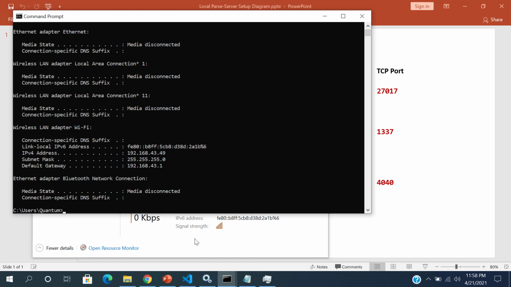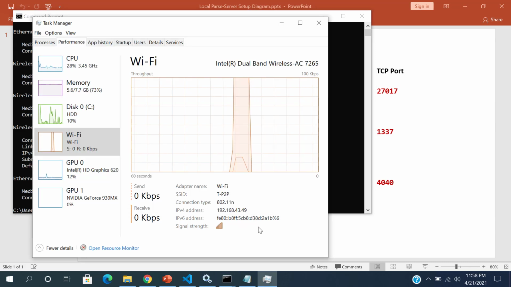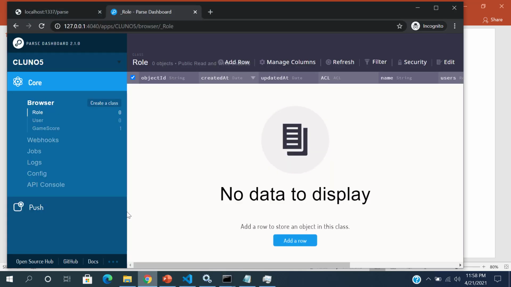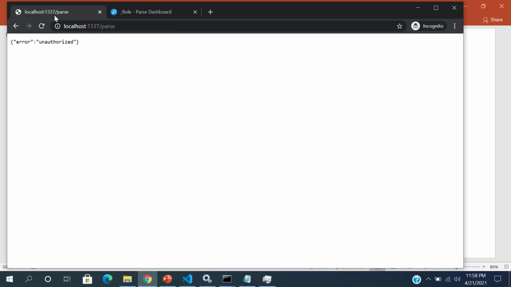So in this case, right now, sorry, it would be three in total, including the loopback address. Right now, it only has two IP addresses: the loopback address, which is always there because it loops back to the device, and this Wi-Fi assigned IP address that allows it to connect to the internet. Also, something to notice is instead of writing 127.0.0.1, which refers to this computer because that's where all our Parse server components are running, you can also,